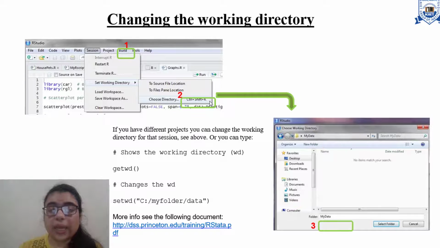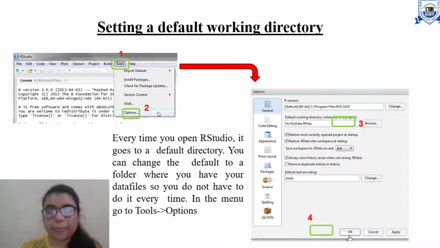If you have certain projects, you can change the working directory for that particular session using this functionality. On the right hand side, you can click on a dotted square to look at the data set in a spreadsheet.